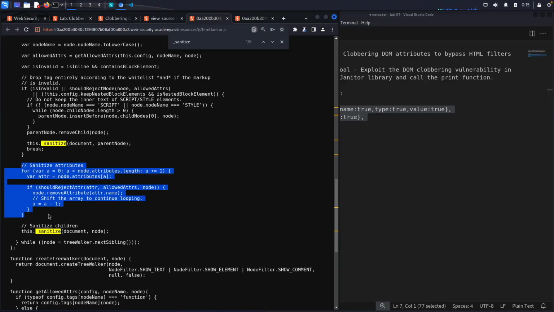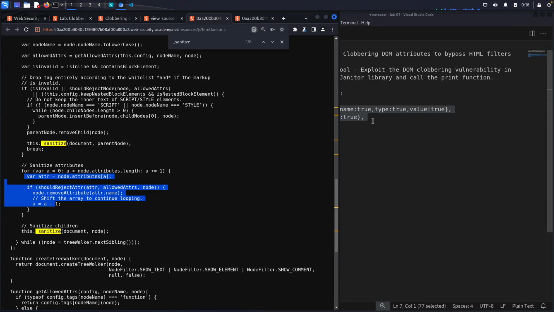Okay, so it looks like it checks if the tag element is allowed. If it is, then it sanitizes the first child node, and then it loops through the node's attributes. If they're not in the whitelist that we saw right over here, then they will be removed. Now, the DOM clobbering vector over here is with the dot attributes property. If we can clobber this value over here, so the value of dot attributes, then we could make attributes dot length undefined. And so it'll never pass through this functionality over here, which removes the attributes that are not already